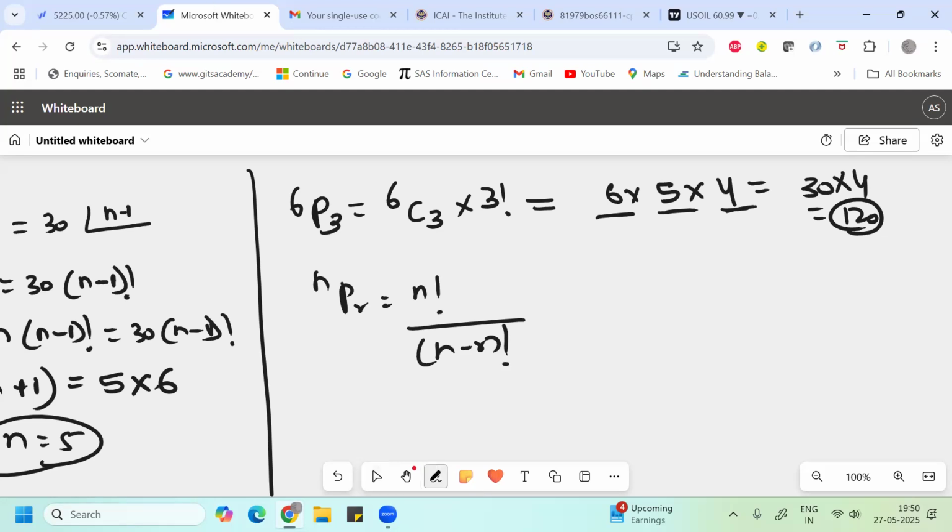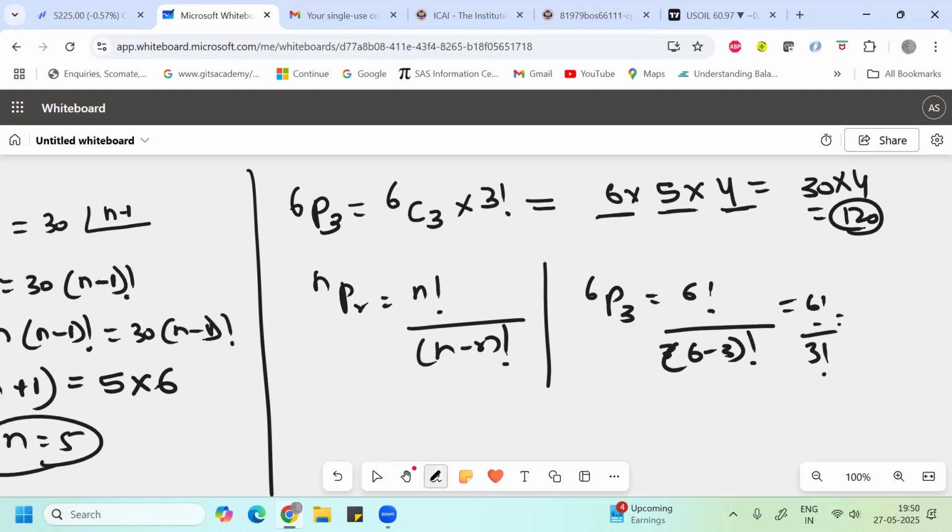So for 6p3, it would be 6 factorial by 6 minus 3 factorial. This would be 6 factorial by 3 factorial. Then it would be 6 into 5 into 4 into 3 factorial. So either you spend 3-4 minutes again applying the same formula, or always remember this shortcut when you are solving